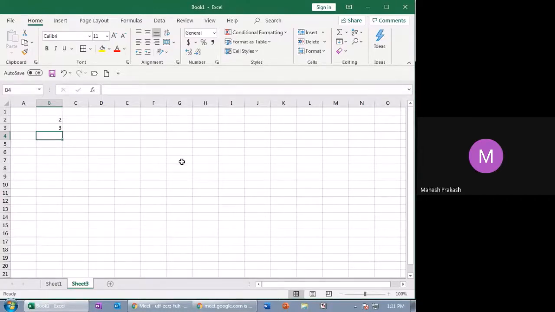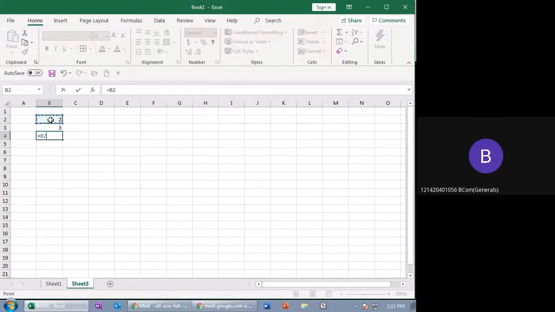Then you select the number. The number 2 is in which cell? B2. When you select this number, you get B2 plus B3. Sir, yes, it's good that you know, but for others I'm explaining. So this is how addition is done.